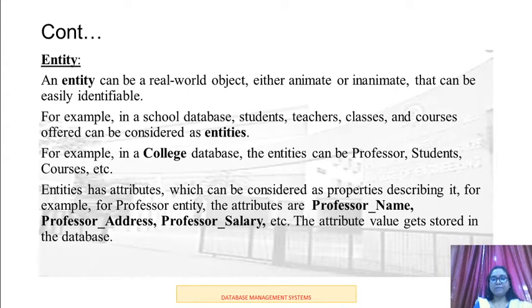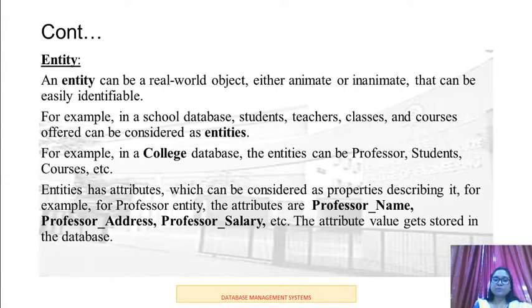I will explain these things with one example, that is your folder system. We saw this before the invention of database management systems. Your file system is used for storing the data. So a school database is there. In this school database, how will we store the data of student, teacher, classes and other things? We have one folder whose name is the school database, and inside this school database separate folders are there for storing the student data, the teacher's data, classes data and so on.